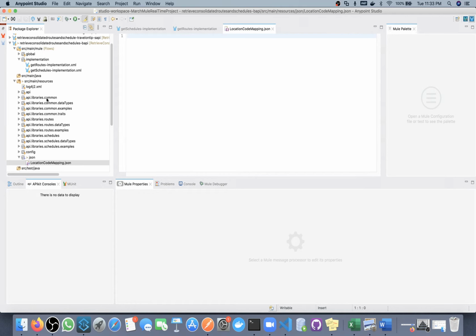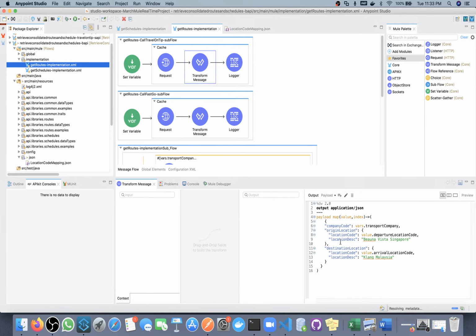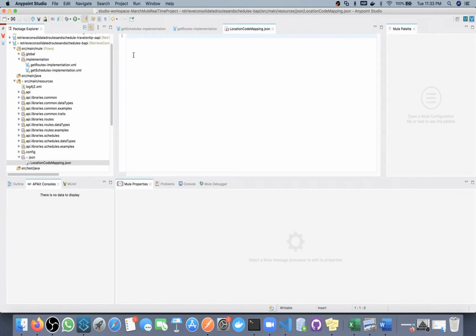Fine. Now in this I will create objects like this. It should be an array of objects. Location code will be